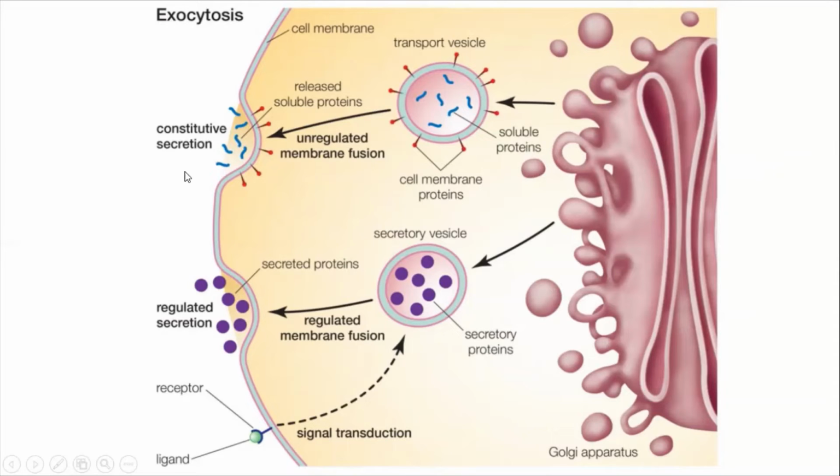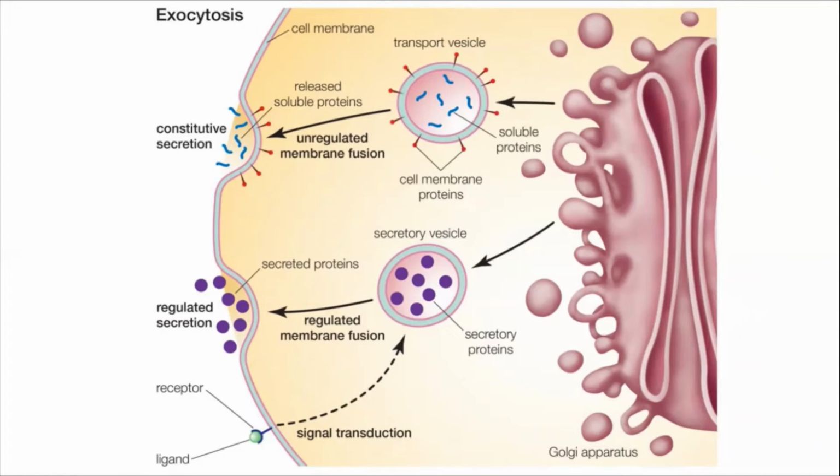Then again, two types are there. You have got the constitutive secretion and you have got the regulated secretion. Constitutive, what will happen? That every time it is produced and released. Whereas regulated means only when the signal is given. Okay. When gene expression happens, only then it will be synthesized. Otherwise, no. Okay. Now, having understood the concept of constitutive secretion and regulated secretion, now tell me, insulin comes